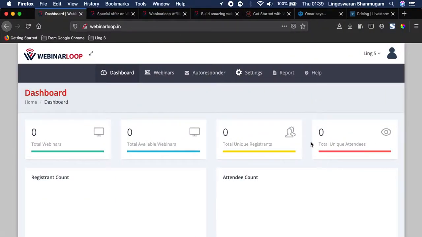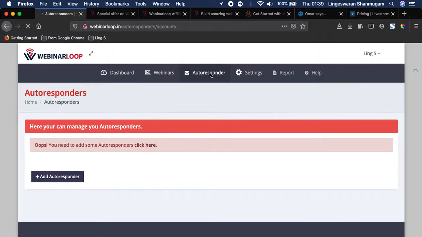With that said, I am in the members area of Webinarloop, which looks like this: the dashboard, the autoresponders, the settings, and its reports.